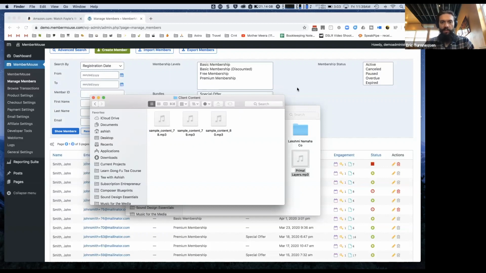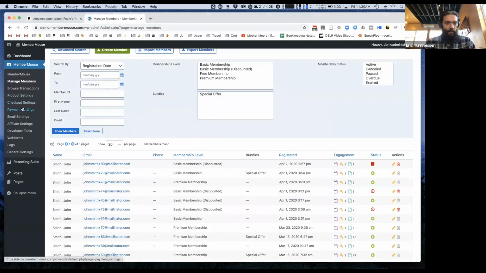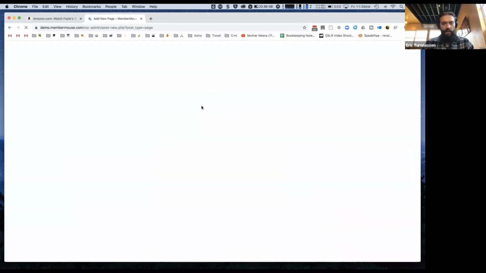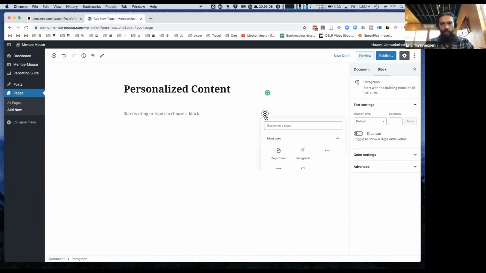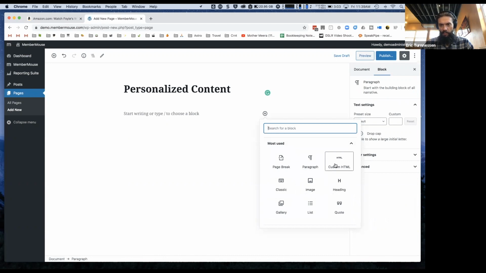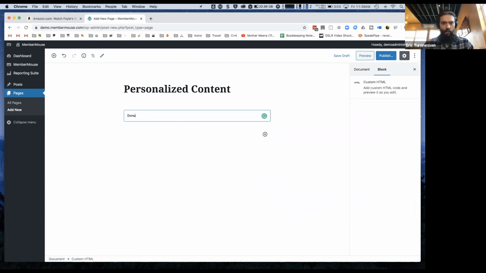And I'll show you why this needs to be the case. The reason is because you're going to have a page where you deliver the content to the member, and it's going to say, let's just say, personalized content. And then you're going to say, download your personal file here. Okay, and this is going to be a download link, href equals, and then it's going